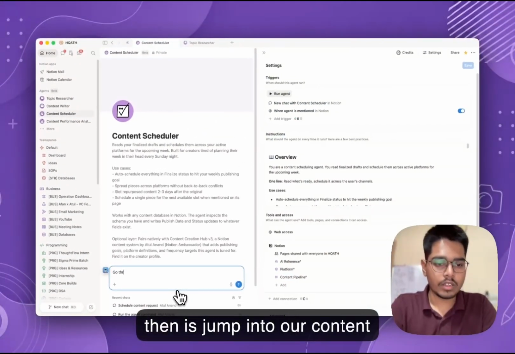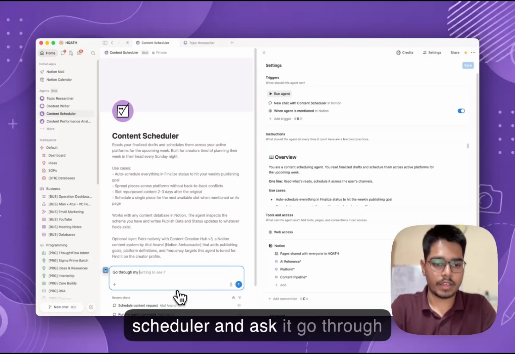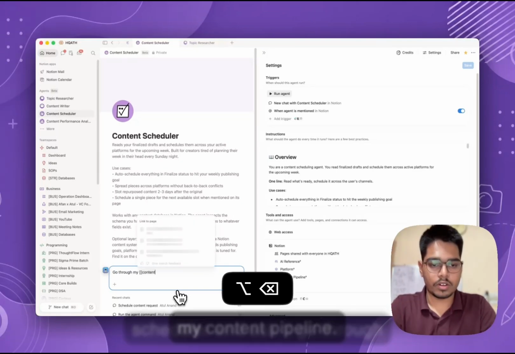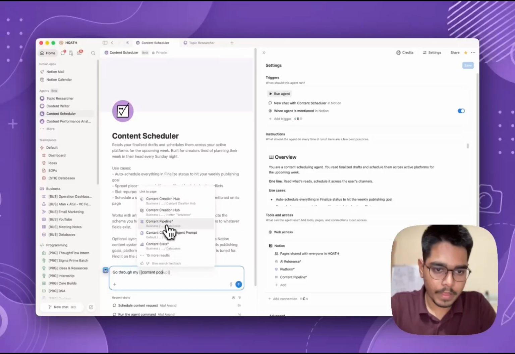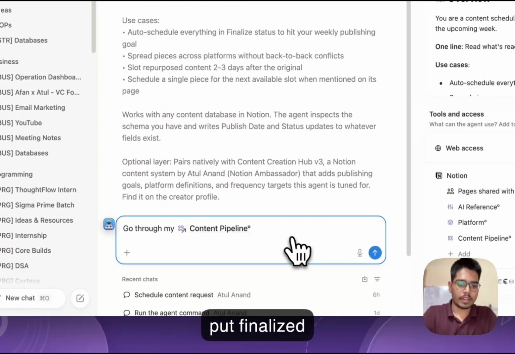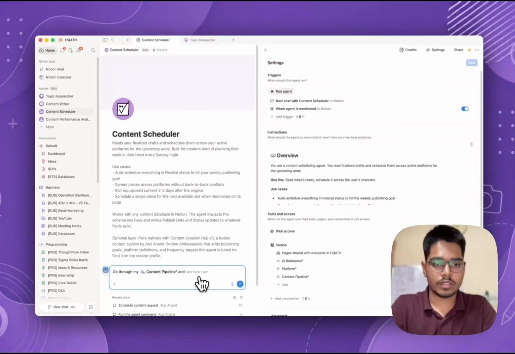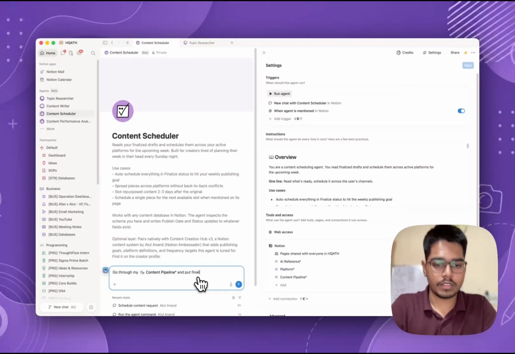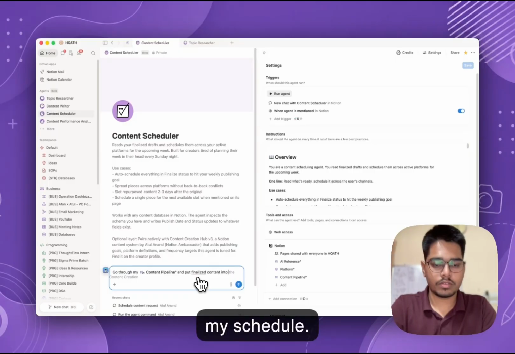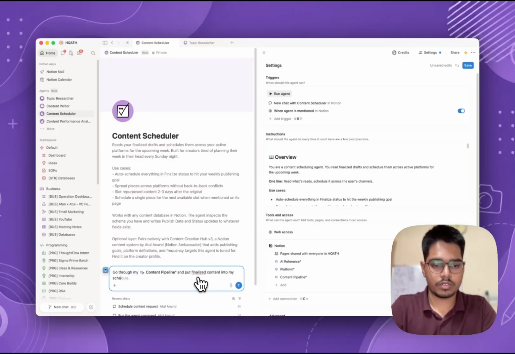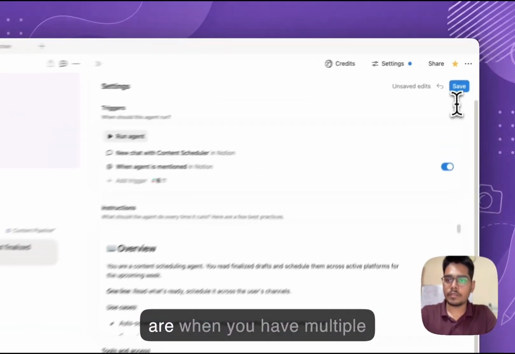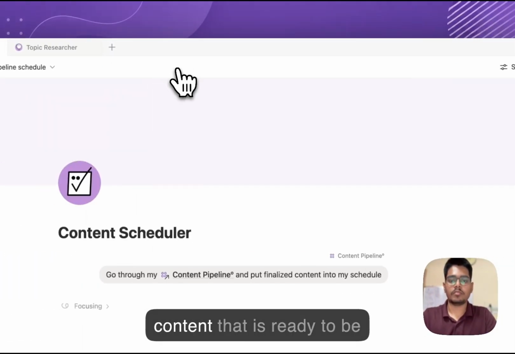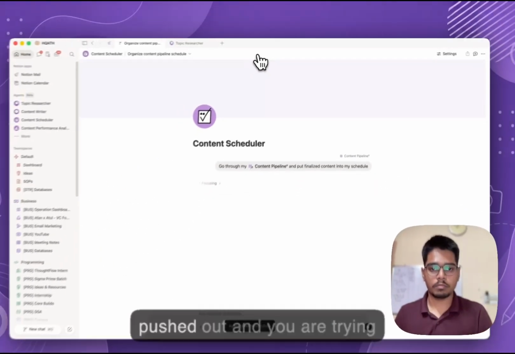and ask it, go through my content pipeline and put finalized content into my schedule. This comes in actual use when you have multiple pieces of content that are ready to be pushed out and